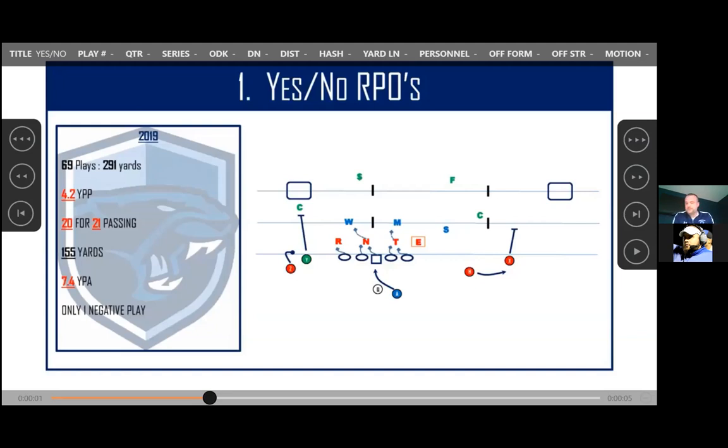I think the only incompletion was a tipped pass. And we averaged 7.4 yards per attempt. So there was only 1 negative play from all of those. So again, we're not a big, heavy run team in terms of, if we line up in the I and say we're going to run power 30 times today, we're not going to beat many teams that way. So this is just an opportunity to get all 5 skilled players involved.